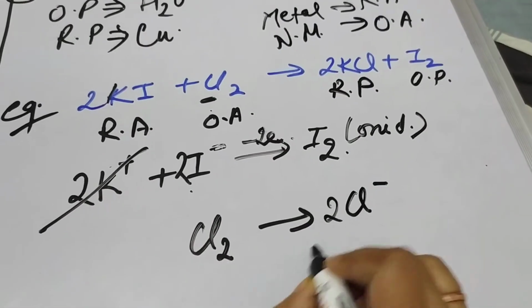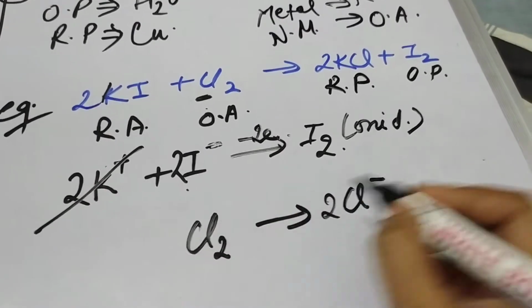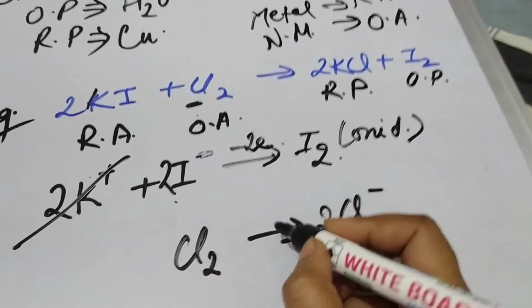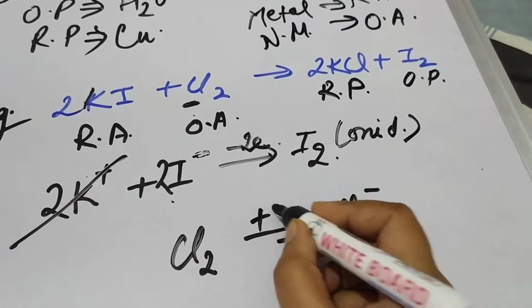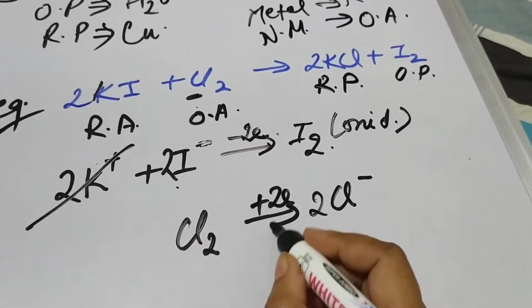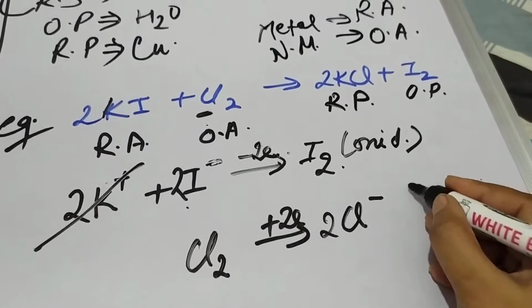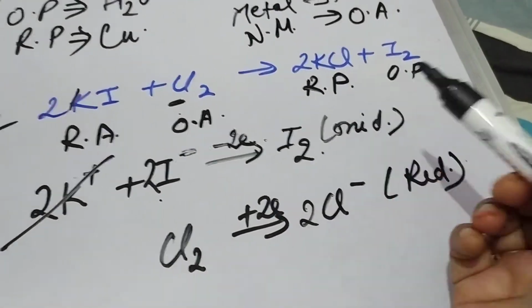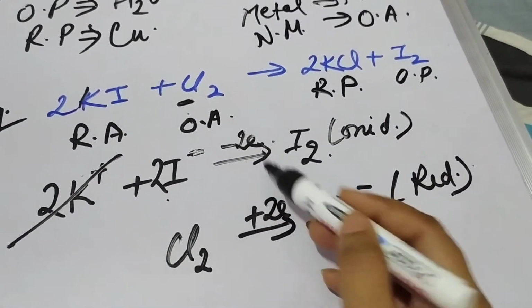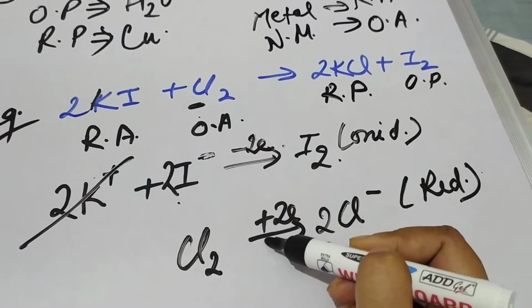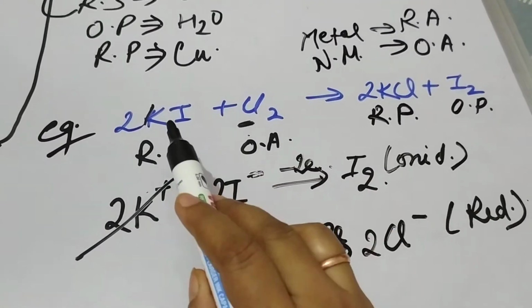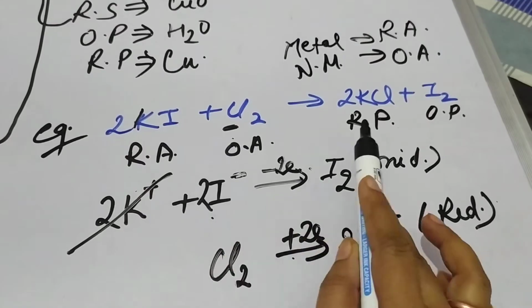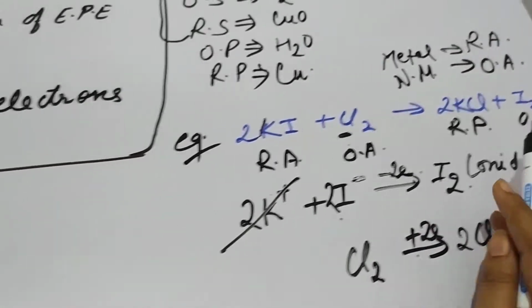Cl negative, 2Cl negative. Here this is the neutral molecule, and here there are two more electrons, so it will gain 2 electrons to gain the negative charge. So here there is addition of electrons, so this is the reduction process, and obviously this is the reduced product. Here you may see that the loss and gain of electrons in the process is the same, and this is a redox reaction in which both oxidation and reduction are taking place simultaneously.